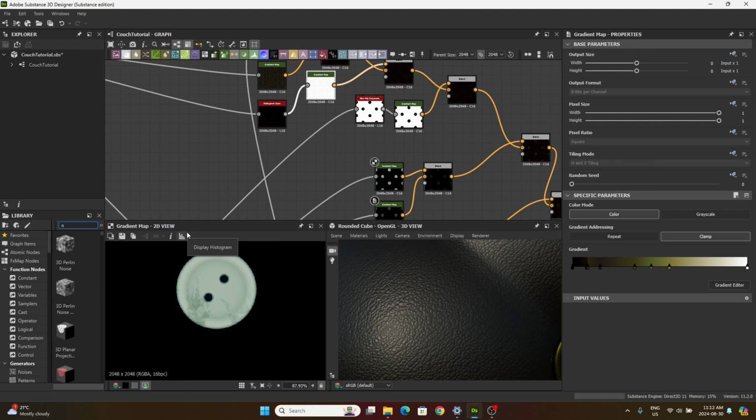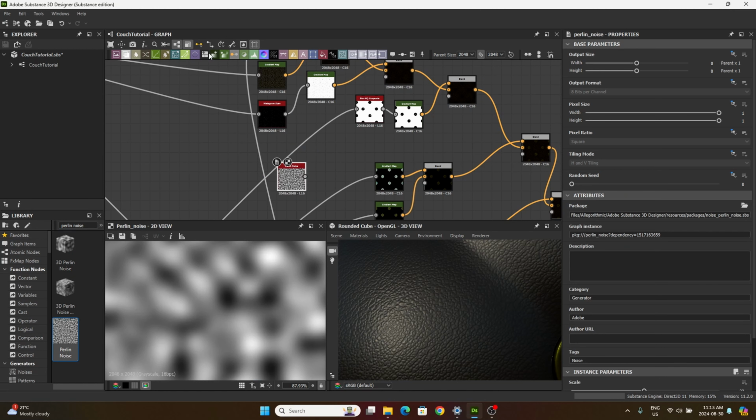So I'm going to type in noise, and I think I'm going to choose a Perlin noise. So I'm just going to search for, there we are. Here we go. So we're just going to choose this Perlin noise, and I'm going to grab a gradient map,